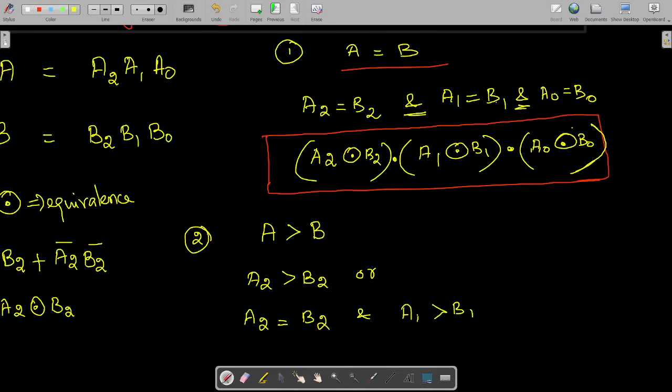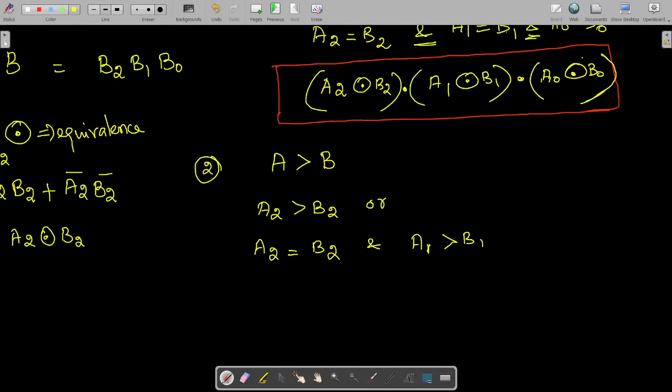If it is, then it's fine, we can stop. Otherwise, you have to check again: A2 is equal to B2 and A1 is also equal to B1. Then the third condition for A greater than B is A0 greater than B0. So if any one condition is satisfied, then we can say A is greater than B.